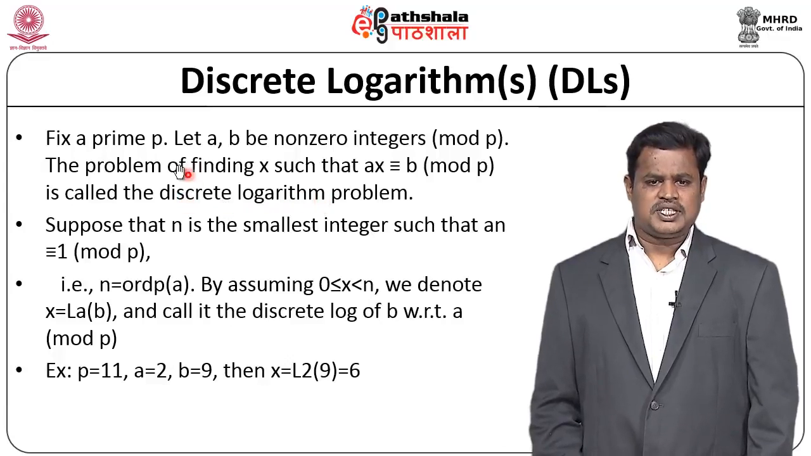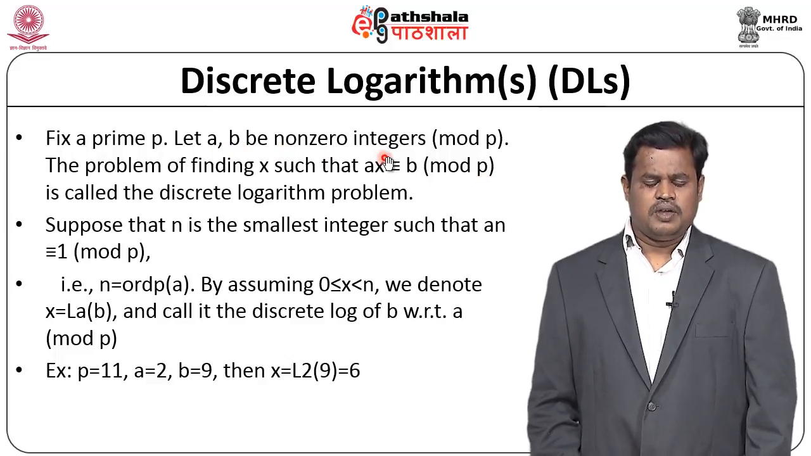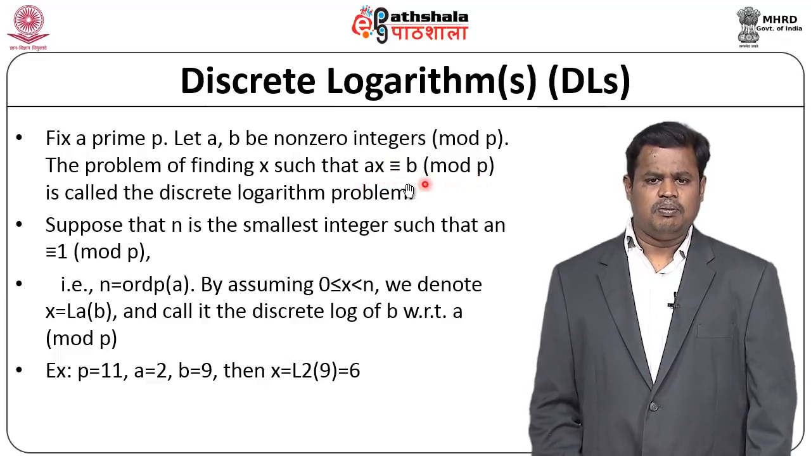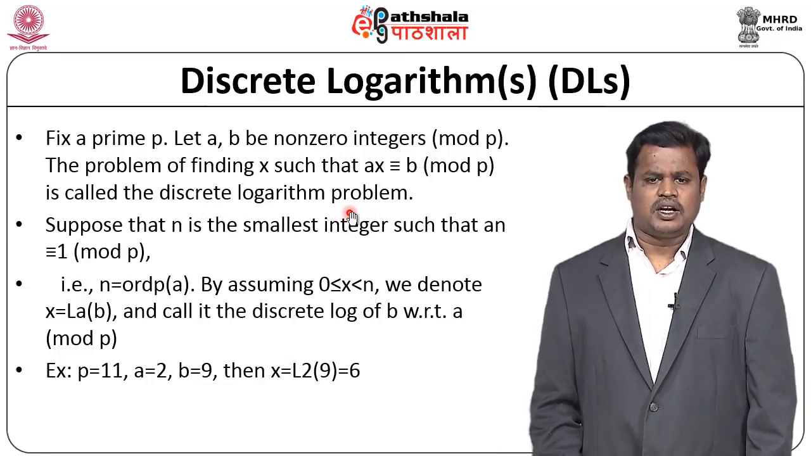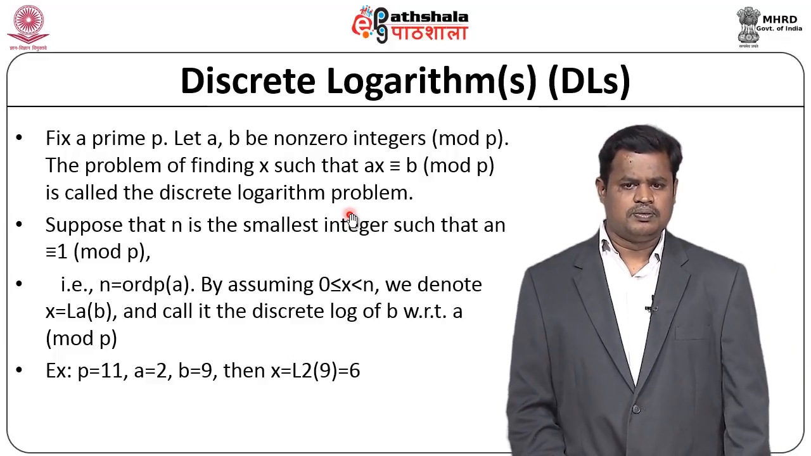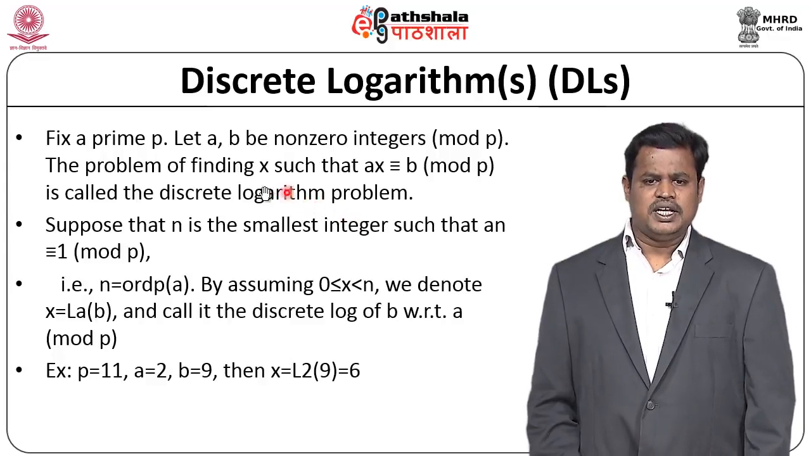So, now if I say p is prime, that is fixed here, and there are two non-zero integers, if I say a to the x congruent to b mod p, then by knowing a and b, it is very difficult to know what x is. Then I call this problem the discrete log problem. So, now I hope you can understand how this is helping in our encryption process, how it is making our encryption processes more secure, because the reason is